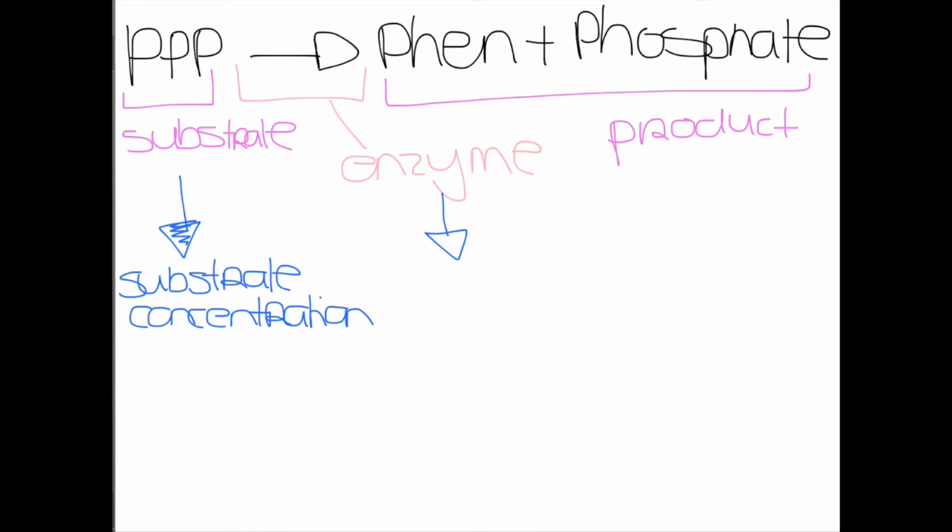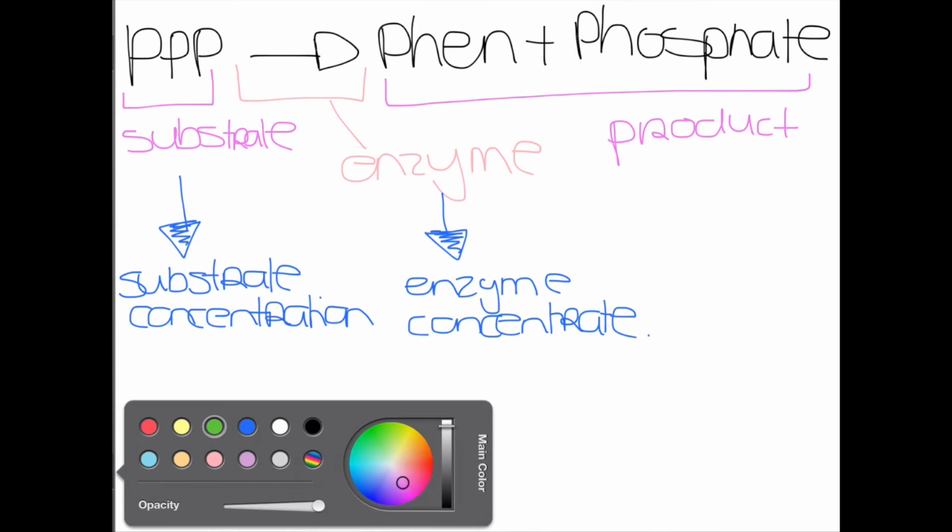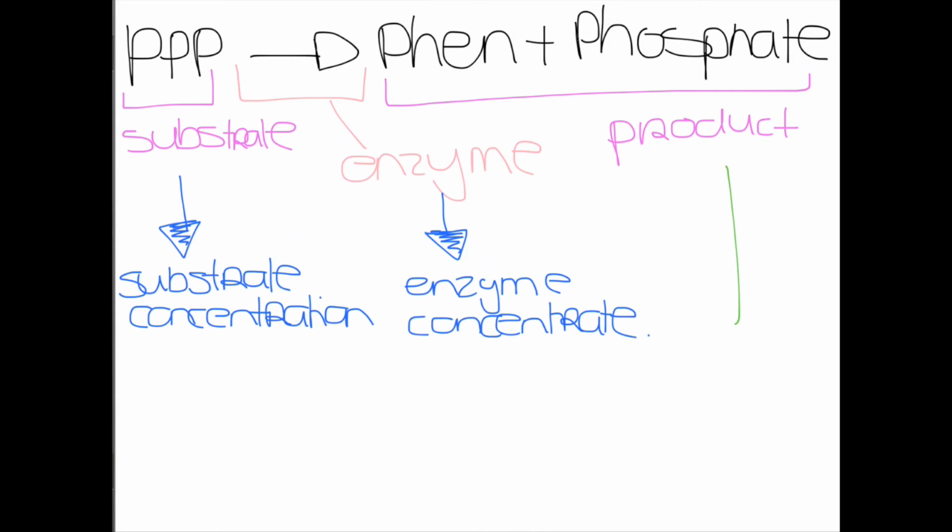Okay, they might also ask you about the concentration of an enzyme. Okay, and then different things that they might ask you about the product, or to infer about the product, is